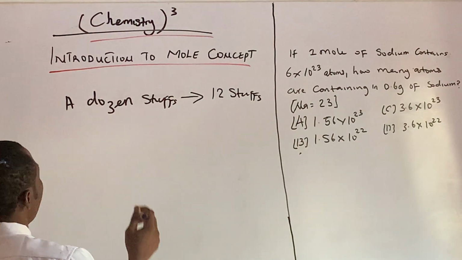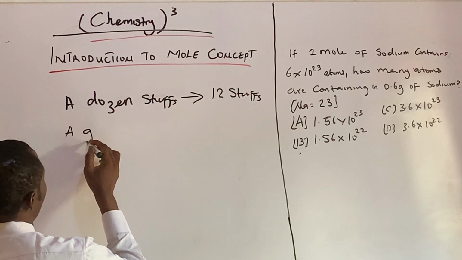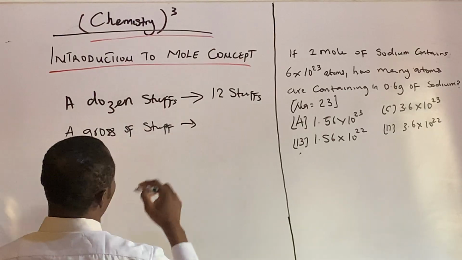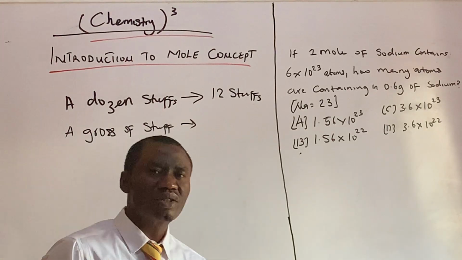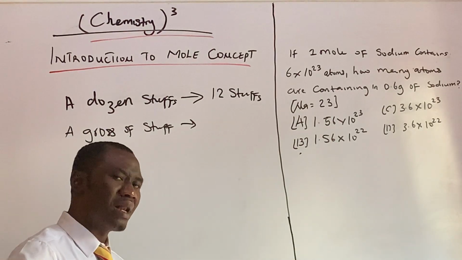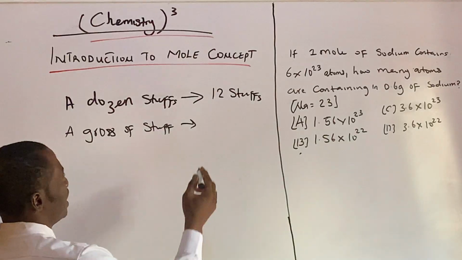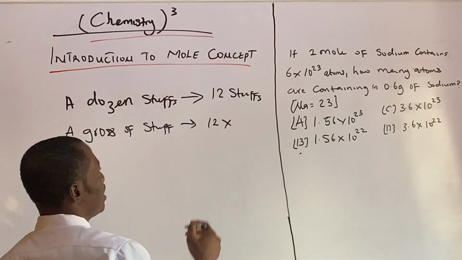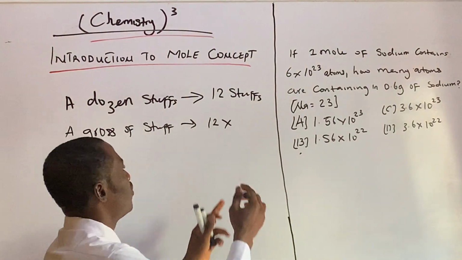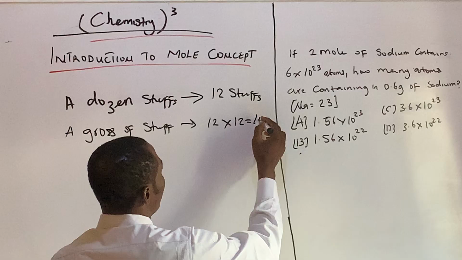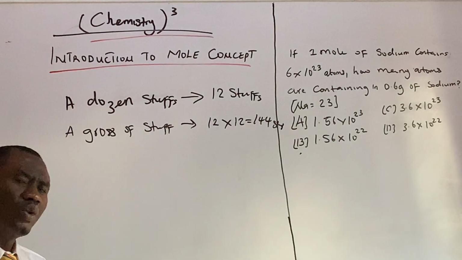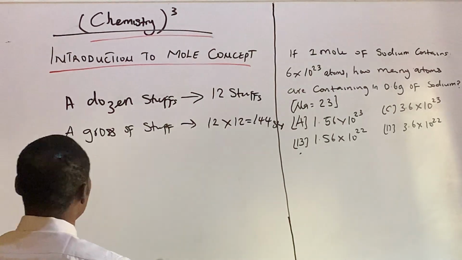Now, if I say I have a gross of stuff, what do I mean by that? It's talking about 12 dozens. Dozens multiplied by 12. 1 dozen is 12, and then 12 of that dozen is 12 times 12. So 12 times 12 will give me 144 stops. All right. Now, if you are conversant with the Bible, when they say a score